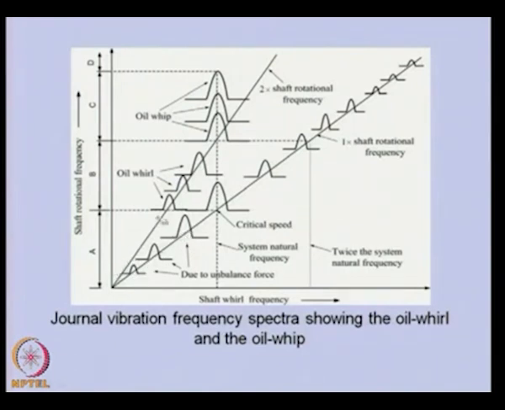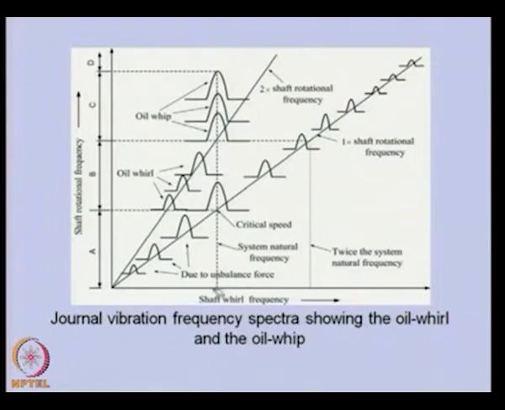This line is twice the shaft rotational speed. Generally, if the rotor is mounted on a fluid film bearing, we do not expect any amplitude along this line. The vibration frequency will not be equal to twice the rotational frequency in this region. So, only the unbalance amplitude will be present, and when we reach here,